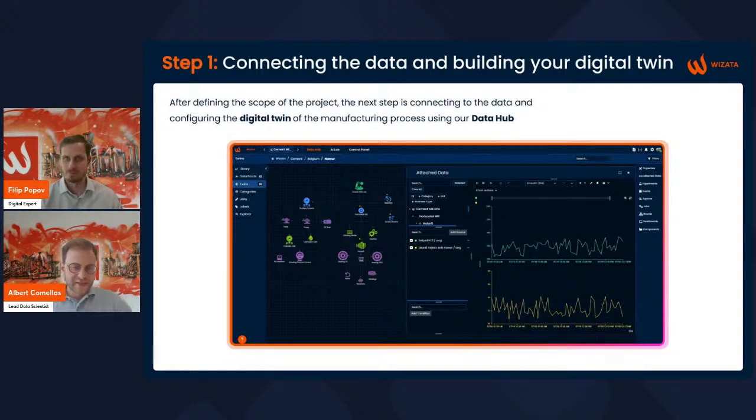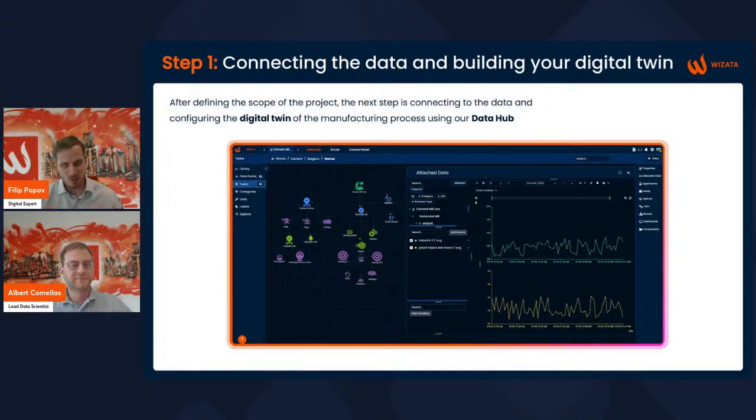This way, all the information is organized within the platform. And ultimately, this also allows us to give the user permissions depending on the hierarchy in the data hub. So if you want a user to only see what happens in a certain plant or in a certain area of a plant, depending on their area of work, that's possible to do thanks to this hierarchical structure.